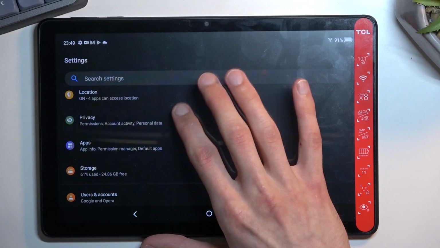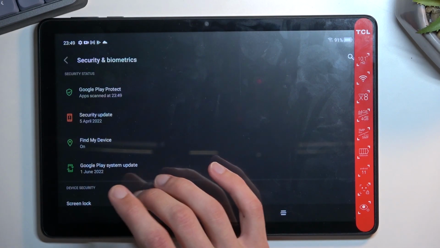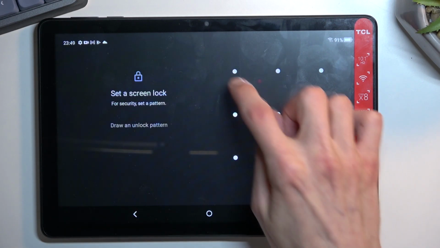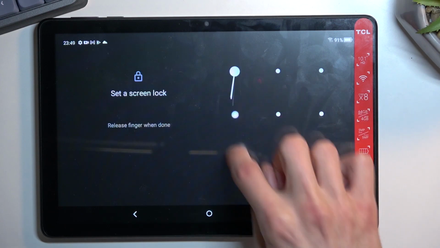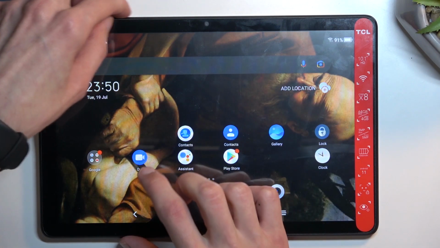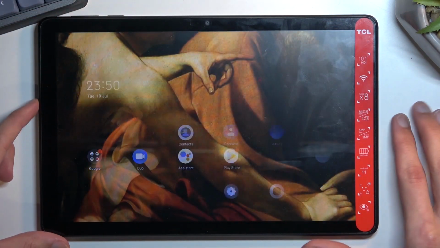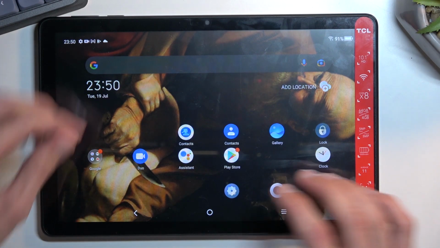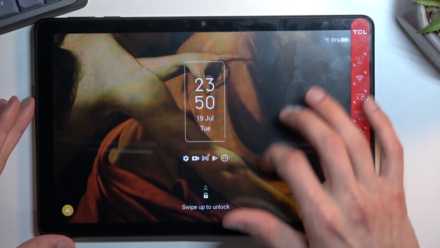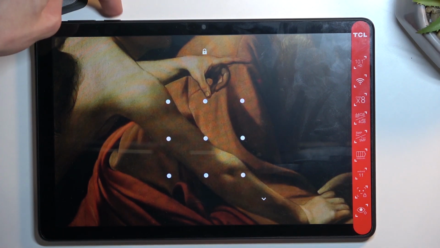Now I don't have a screen lock set just yet, so I'm going to quickly do that right now. So there we go, as you can see now it's set. I'm going to quickly lock the device and I will progress from here, from the lock screen, as though I don't know it. So to get started, obviously we will want to hold the power key,